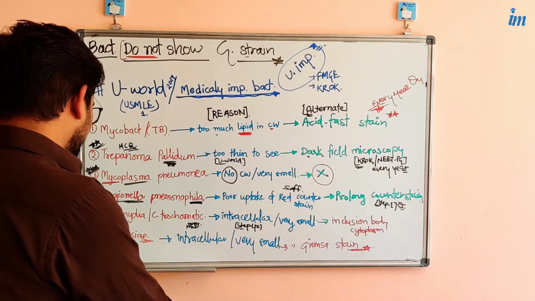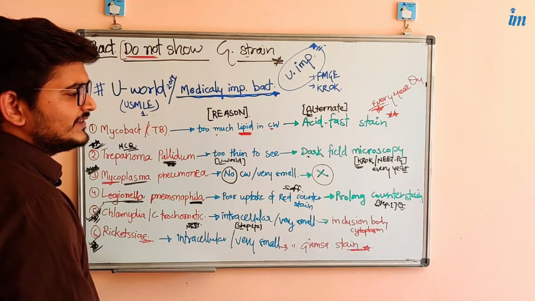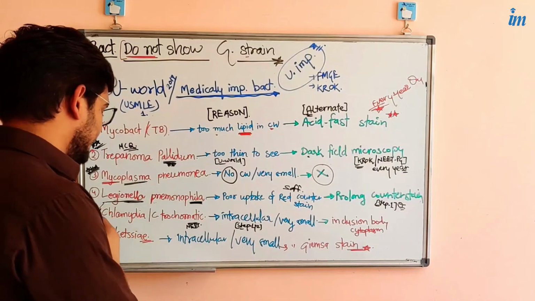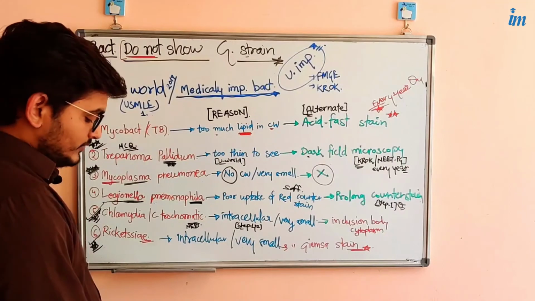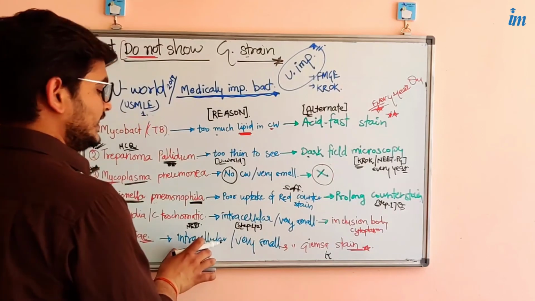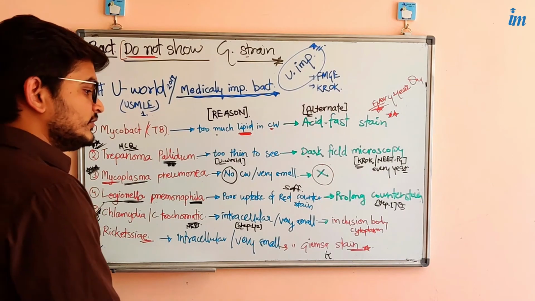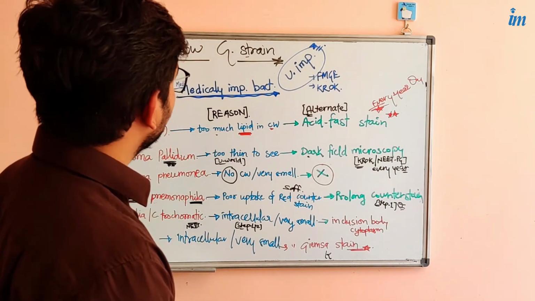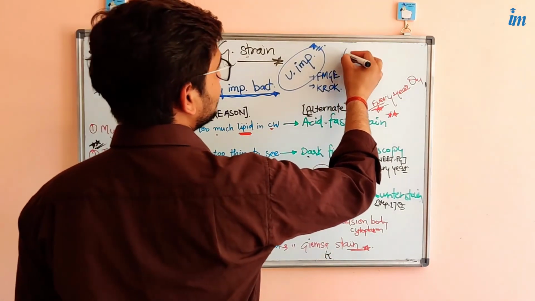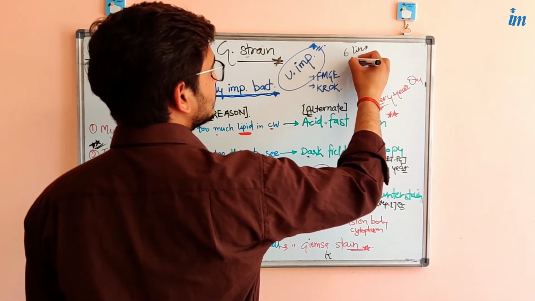The last one, very famous from the question point of view, is rickettsia. Many times in assembly questions you will see it, because I have solved First Aid questions, and there was a microbiology question on rickettsia. Giemsa stain, from the point of view of questions, they ask every year. And the intracellular concept they use in UWorld questions and also in Step 1 questions. So here I mentioned 6 lines for all questions.